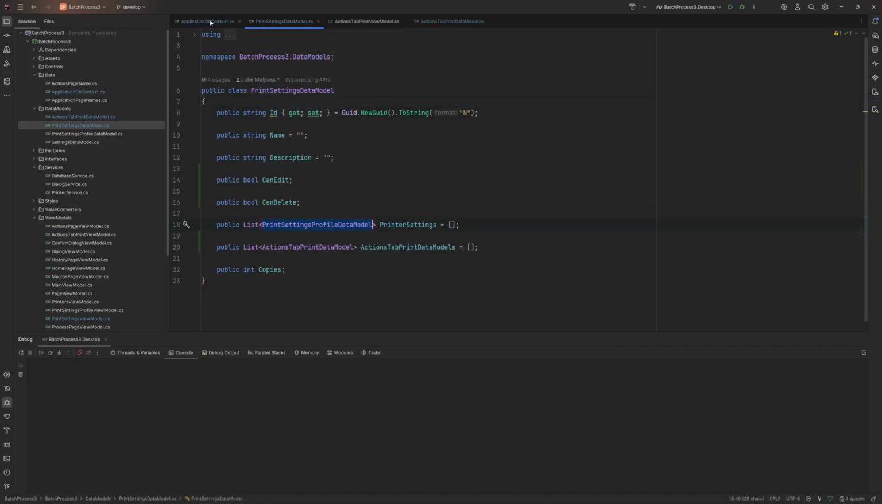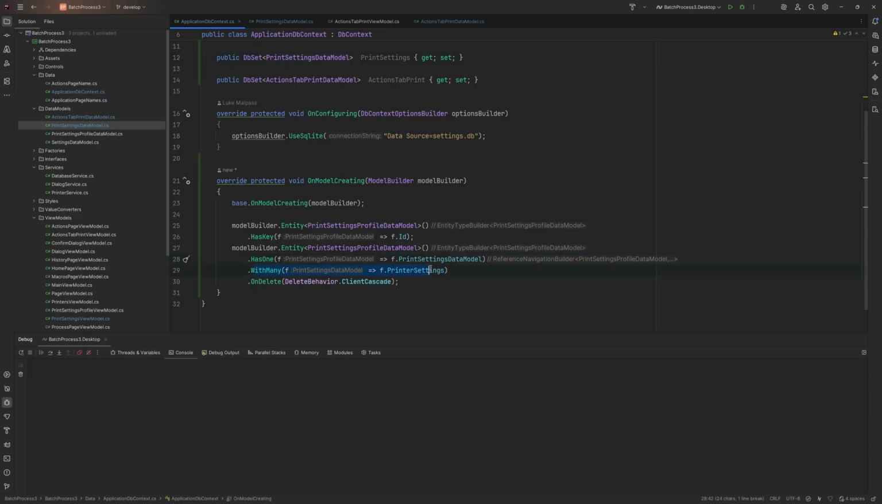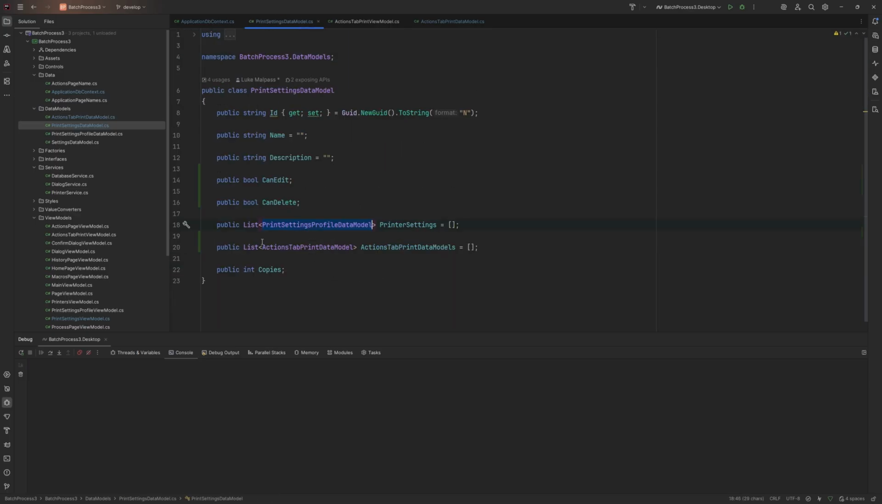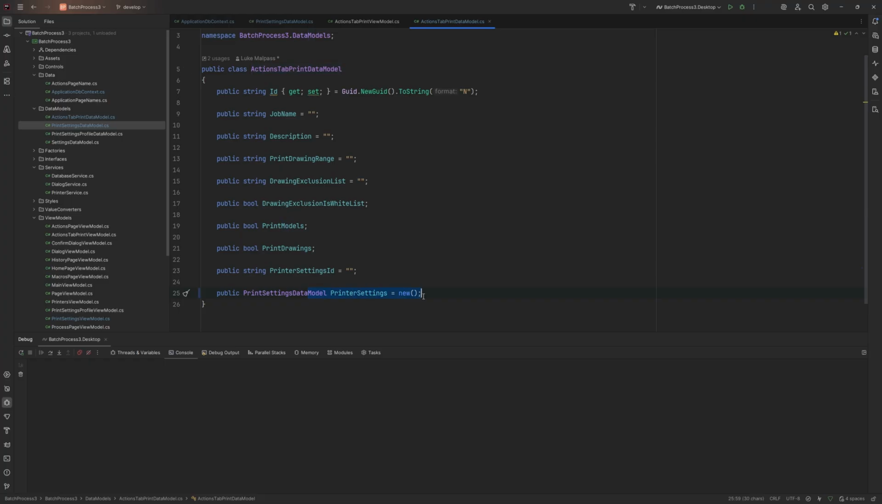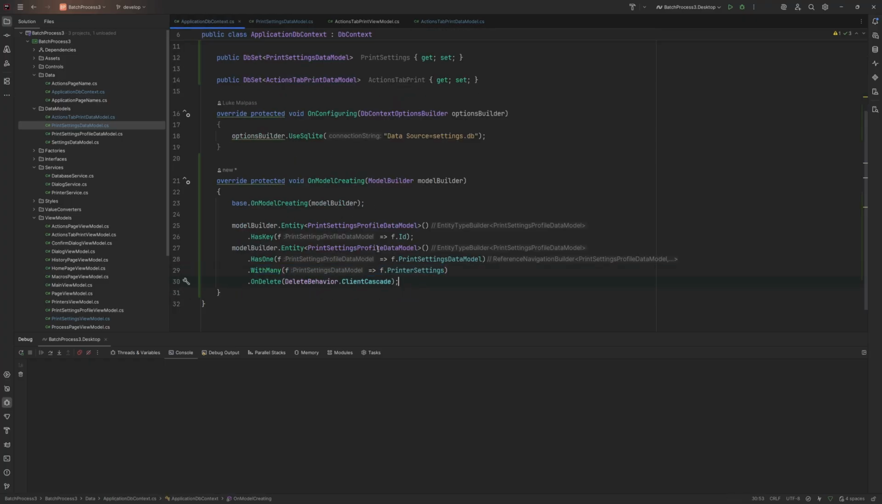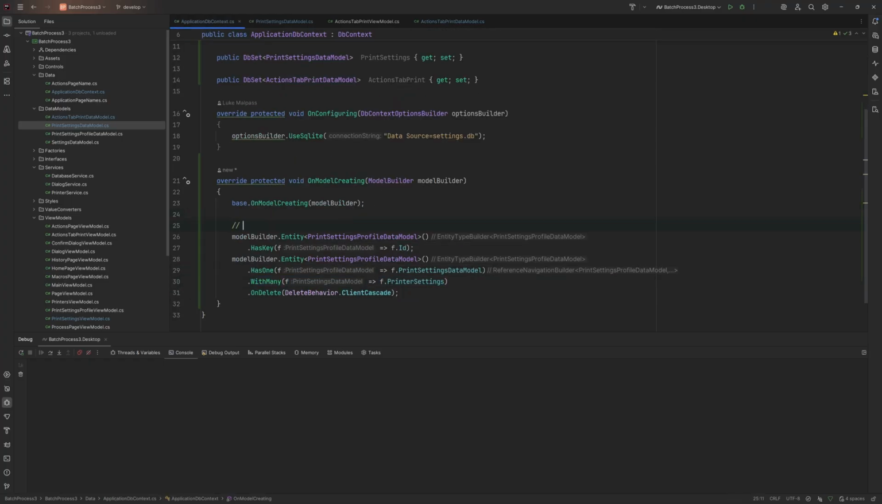So the print settings profile data model, we've linked here, so we don't need to redo that. But we do want to link this. So in a similar fashion, we have this list here we need to link. And this will be a many to one. So this print settings data model is the many, and the tab should be the one. So if we go to tab, it will have a one. So in that case, we've done the print settings